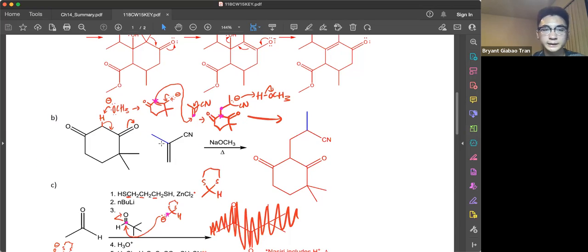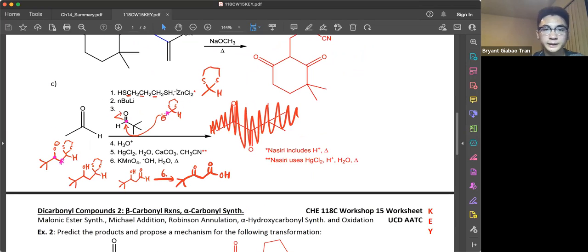Now let's go over this multi-step synthesis over here. The first step is a protecting group, where we convert this carbonyl into the thioacetal. The second step is to make this alpha carbon here nucleophilic, which I star, and then attack this dotted electrophilic carbonyl carbon over here, making the new bond between the starred and dotted carbon. We attach what's attached to the dotted carbon, which is this O-, and then we do acid workup to protonate that OH, and then we do the deprotection step of the thioacetal